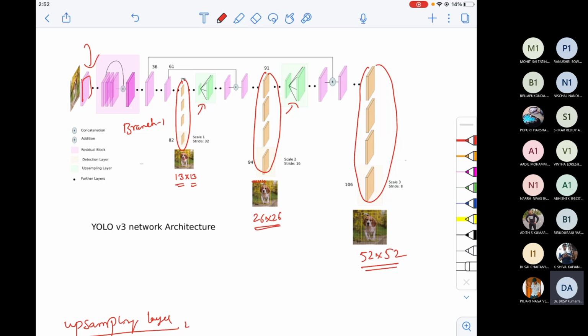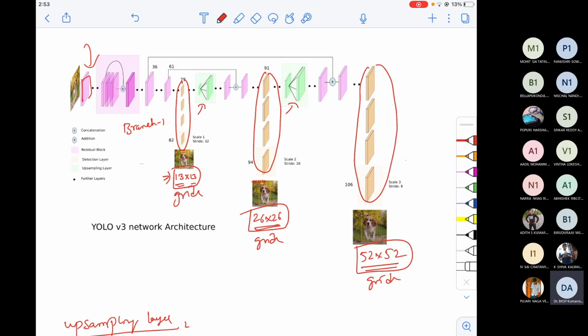Since they're increased, I could draw only 13 by 13 here, many more, 26 cross 26, here, and at the last output layer, 52 cross 52. That many grids I could draw: 13 cross 13, 26 cross 26, and 52 cross 52 grids.